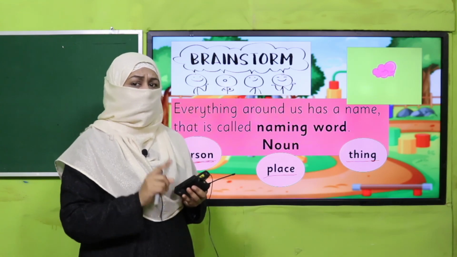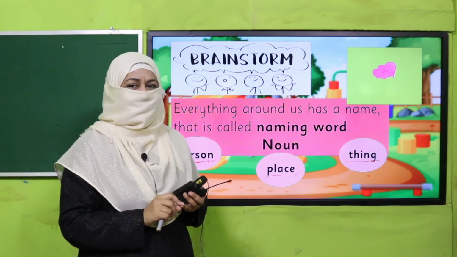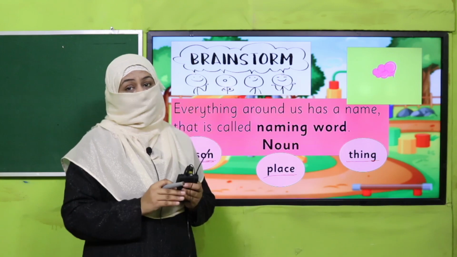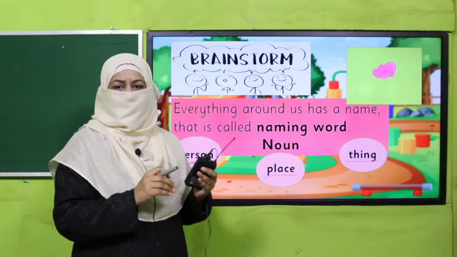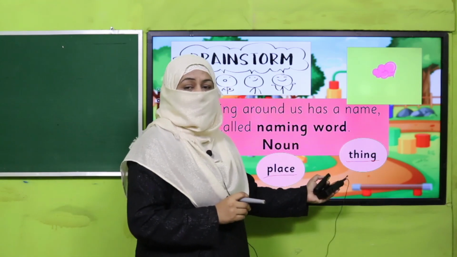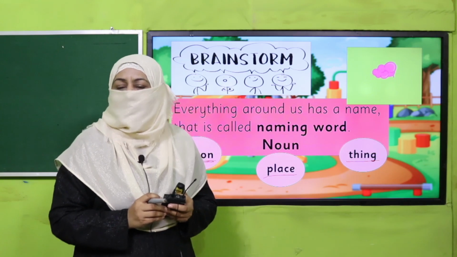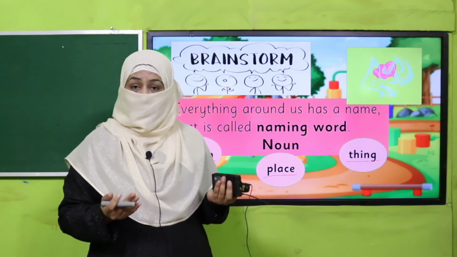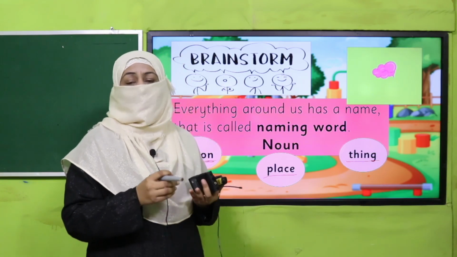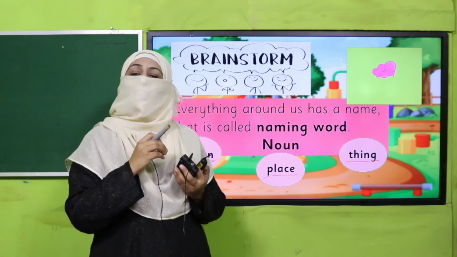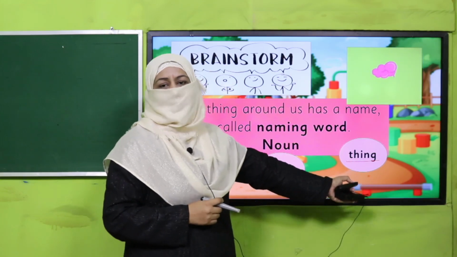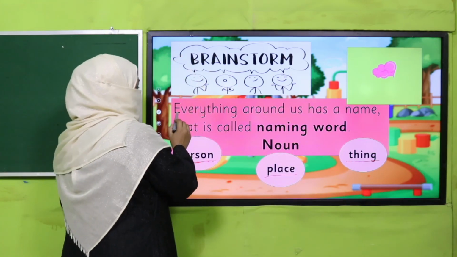So, do you remember in your science you have studied what are living things? So, usually how do we define living things? Which grow and they breathe. So, all the animals, birds and whatever, even plants, yes, they grow. So, they are living things, and the non-living things cannot grow, and they don't breathe, they don't move usually. For example, a chair, a book, everything which is non-living also comes in the things category. So, what are naming words?